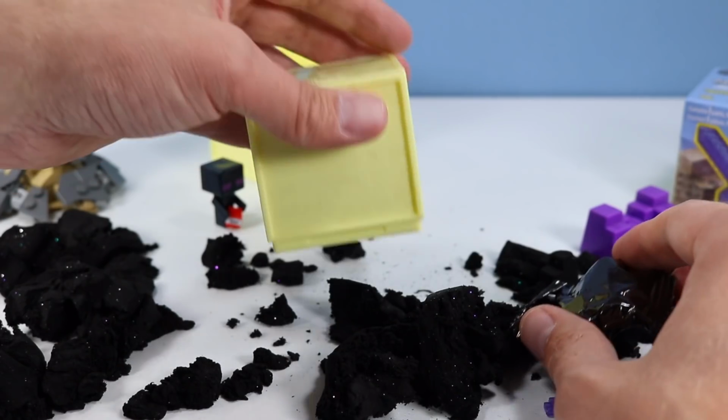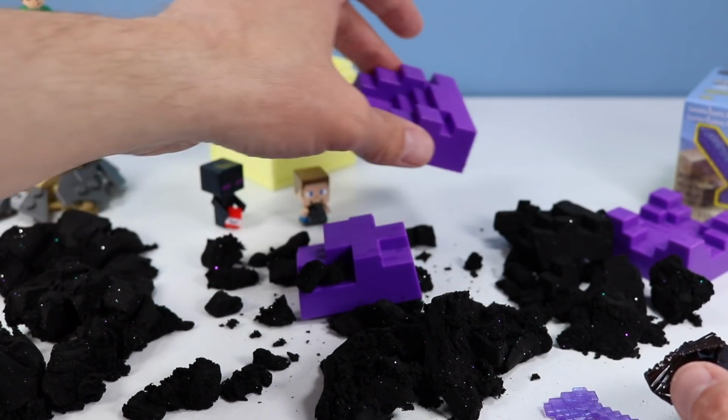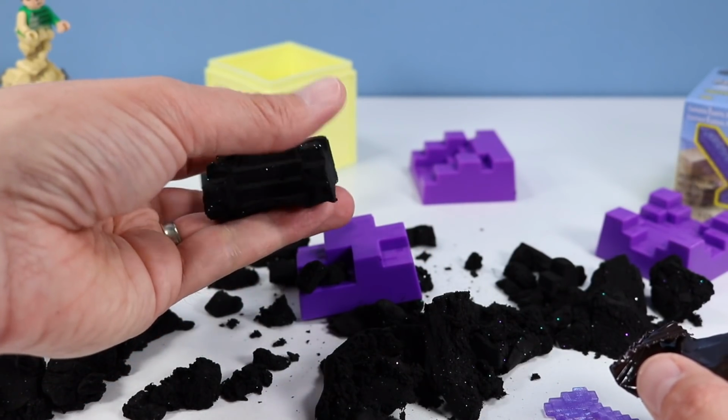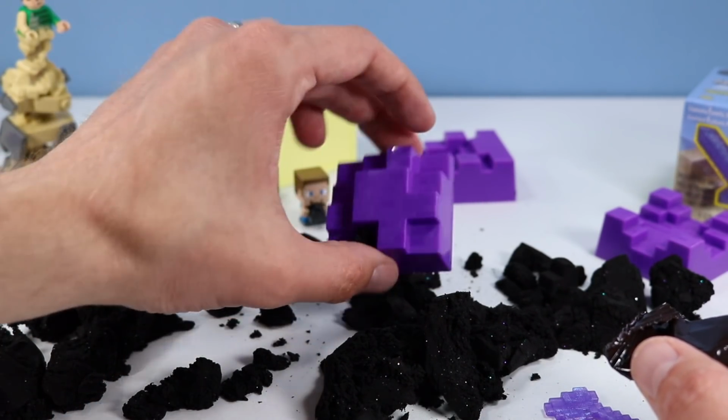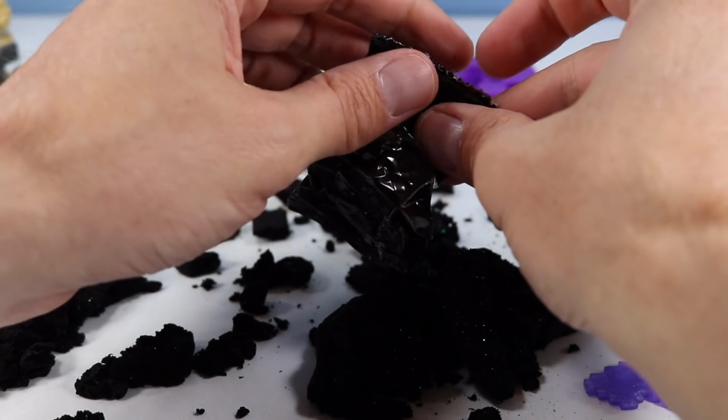There we go. Couple more molds inside, my favorite steps of stair. Oh, there they go, they just flew right out. A pre-made built steps of stair, and another great little shape there. And our minifigure will be...